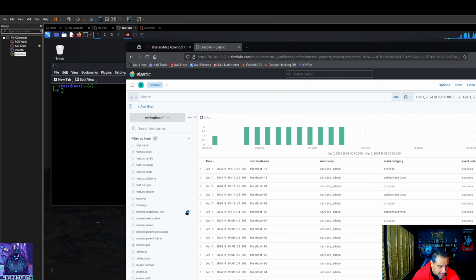Let's check this out. Oh, this looks like base 64. Reverse shell, rev shells. Let's check it out. Once we have added these fields as columns, we will see the results in a format like this. Yep.